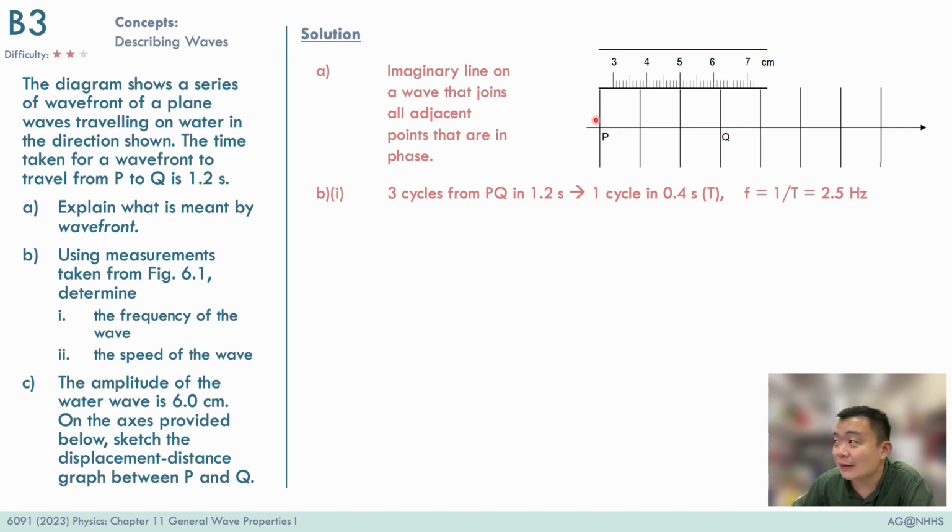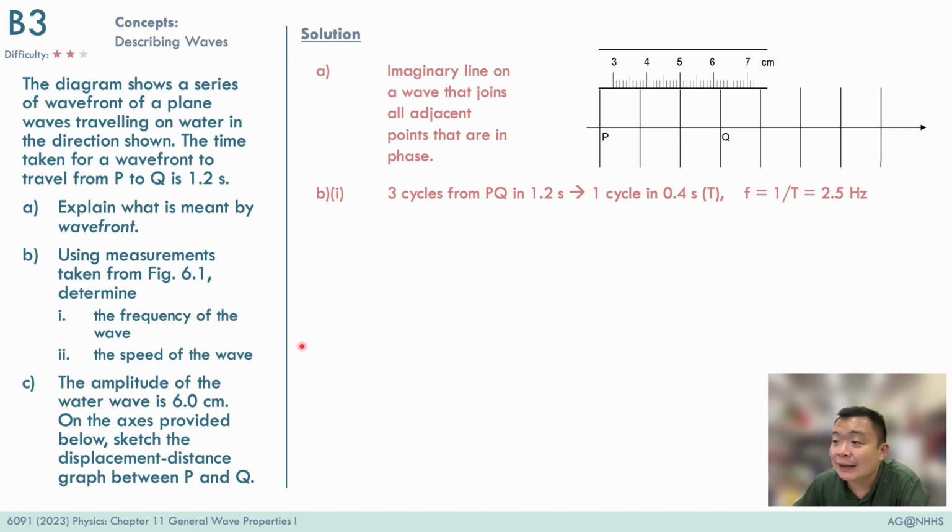So this is the first cycle, then second, and the third cycle, and this takes place in 1.2 seconds. This therefore means that the 3 cycles happening within 1.2 seconds, every cycle will only take up 0.4 seconds, and this is the period of the wave. And to convert period to frequency, we just use the formula f equals 1 over T to get 2.5